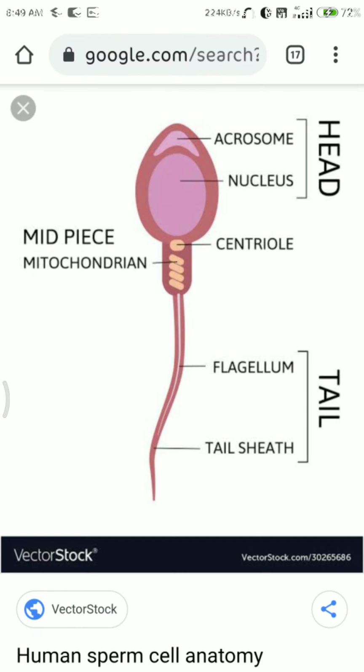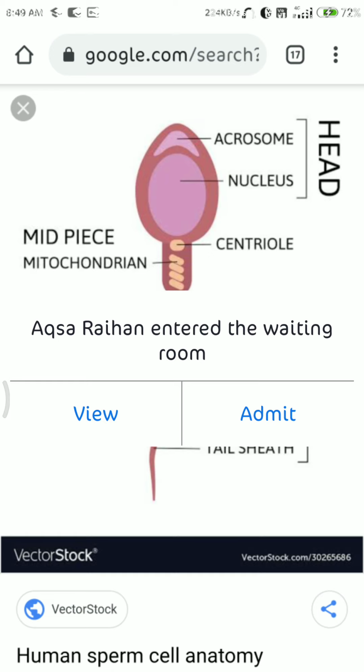We will continue with this in the next class. So, male and female gametes: the male has three parts, the uppermost head, then the middle part, and the tail. In the ovum, it is a rounded structure and the largest cell of the human being, with a large nucleus along with dense cytoplasm.